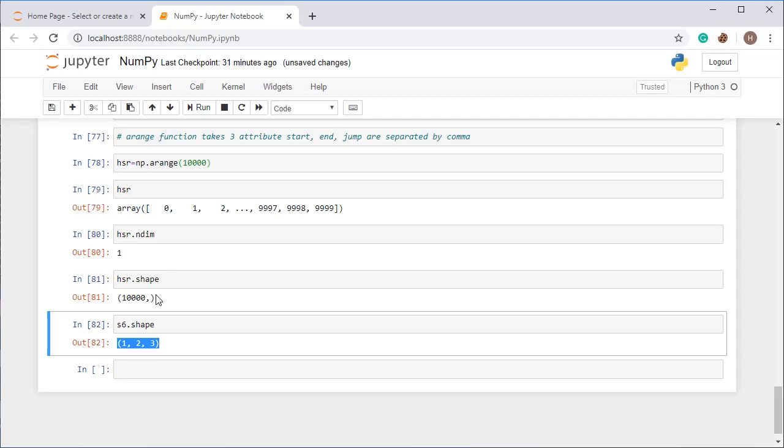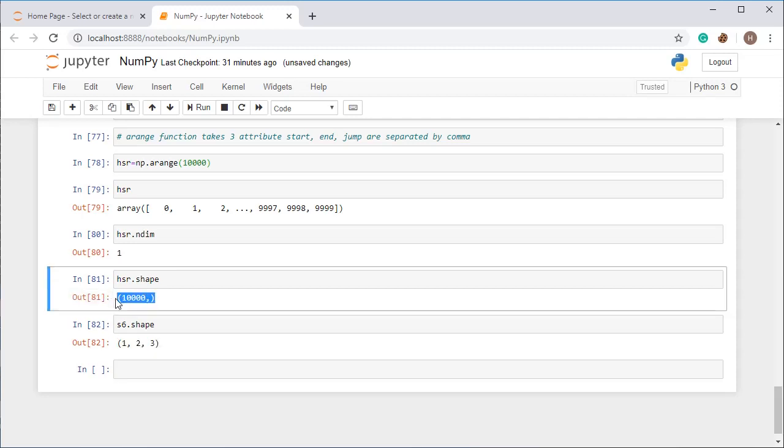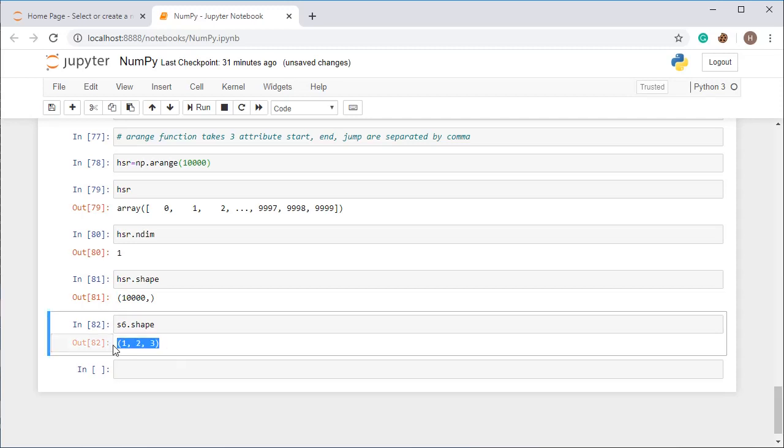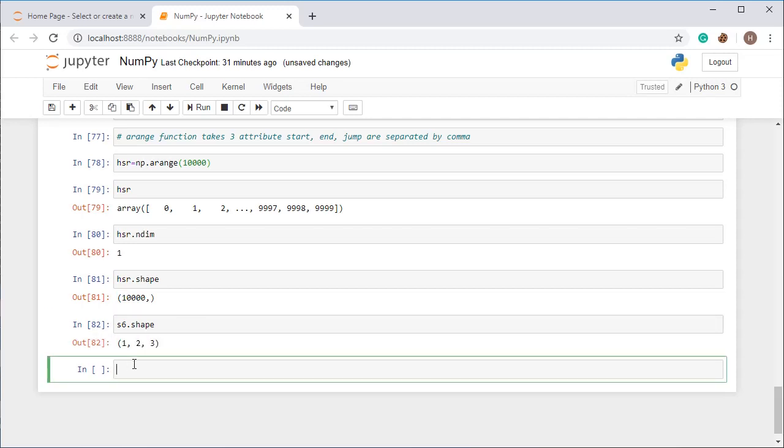So here in the first axis there are 10,000 elements. In the other axis there is nothing. I have mentioned earlier that it is indexed in tuple format. That's why the shape is represented in tuple format. You can see this one is a tuple of 1 element, and this one is a tuple of 3 elements. So when you check the shape, it will always be represented in tuple format.